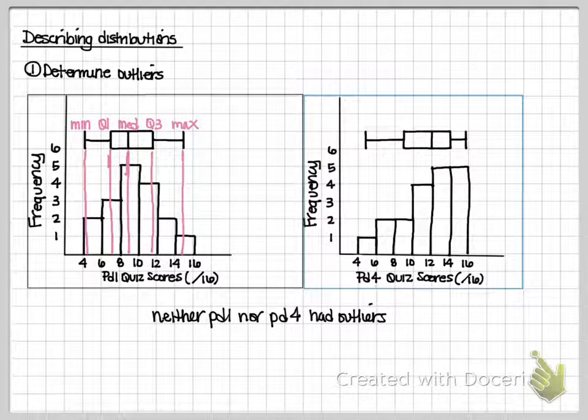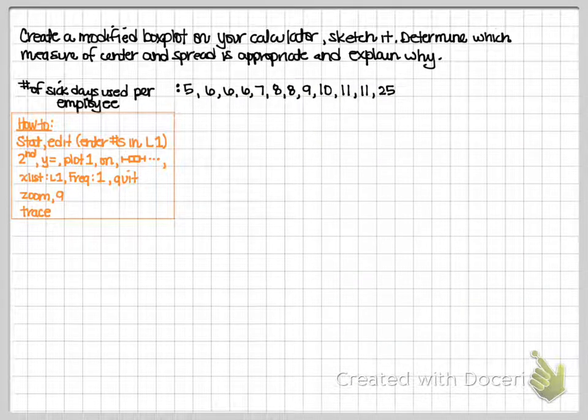Okay, moving on. All right, so now we need to be able to actually do a modified box plot on our own calculator, and then we're going to go ahead and transfer that information down here. We want to then determine which measure of center and spread is appropriate and explain why. So